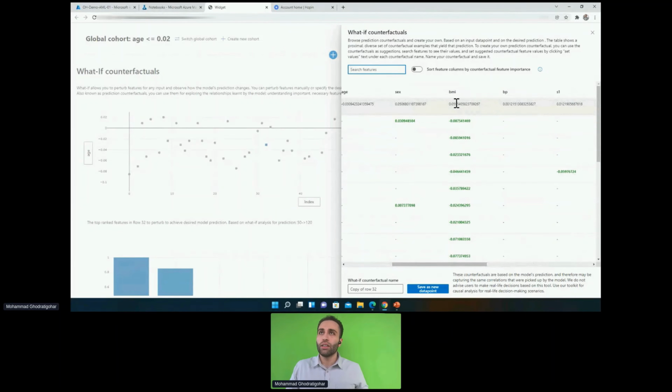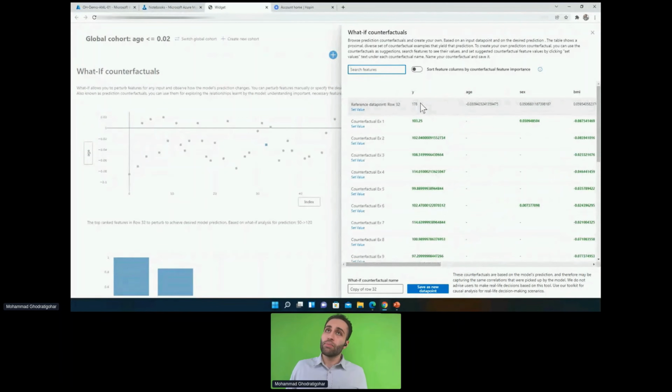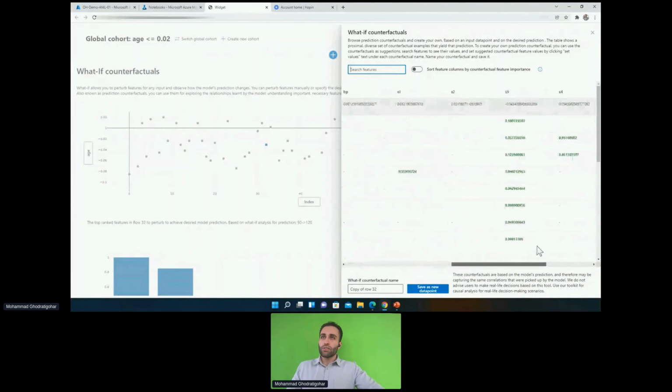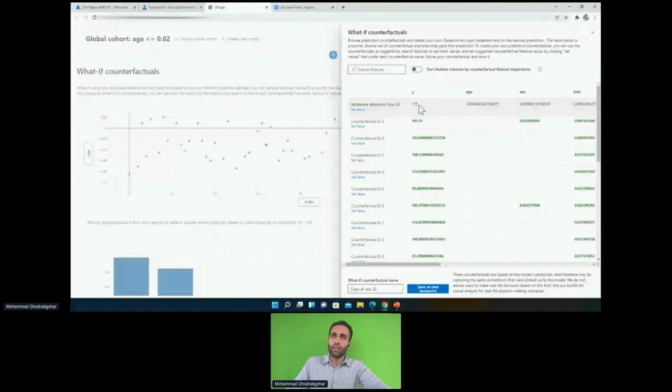The BMI has decreased from a higher value to a lower value. That probably makes sense, since at the same time the diabetes level is also reduced. And what else? The second feature, I think, is S4, which has also been increased. Then we have to check what that factor is, and how its increase is affecting the prediction in a way that gives us a lower value.